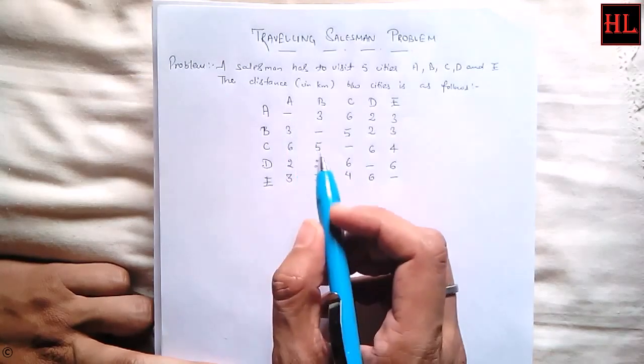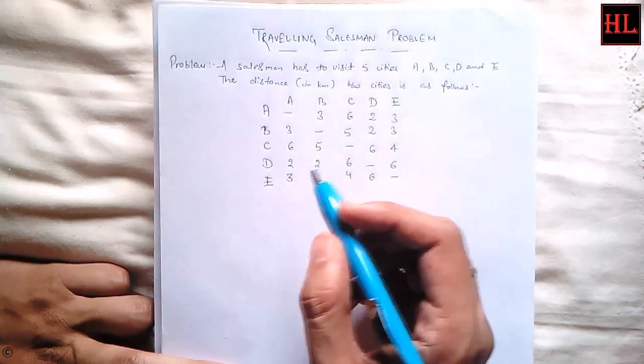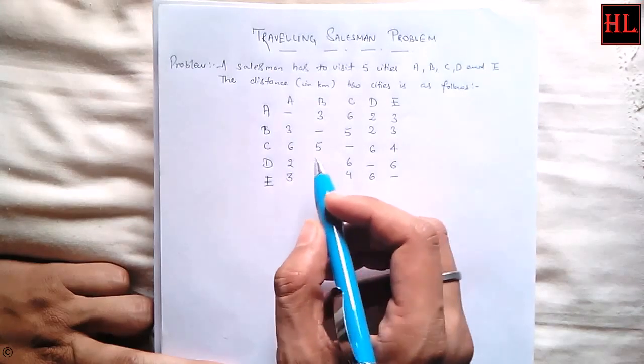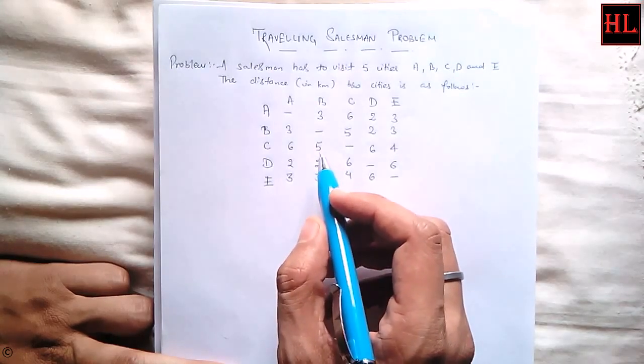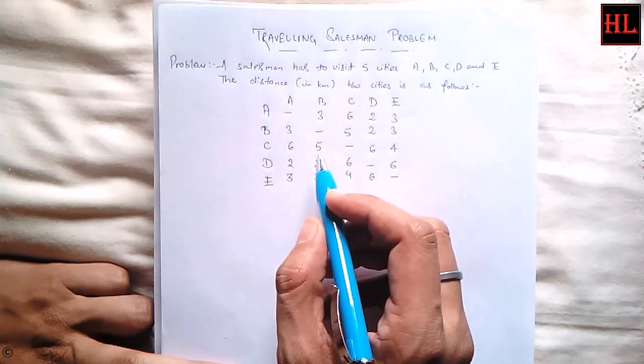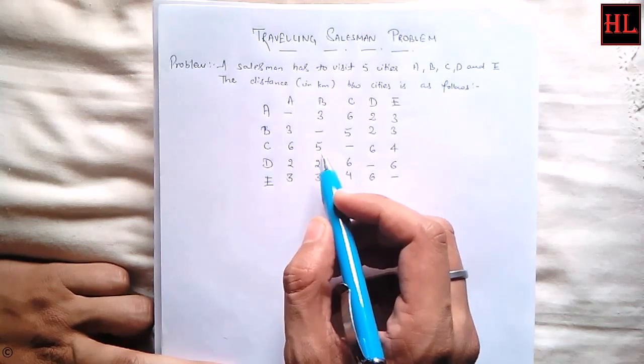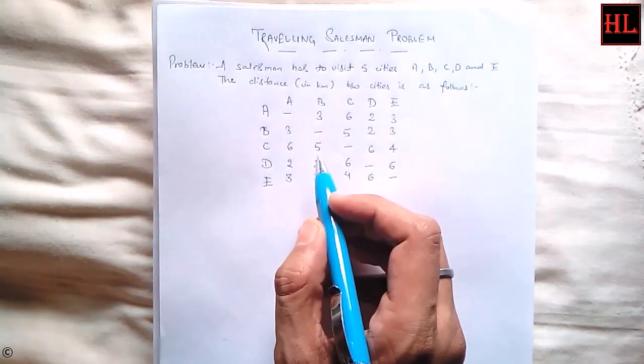So the traveling salesman problem says that we have to select such a route for the salesman that the salesman starts from his home city, city A, and passes through each city once and only once, and returns to the home city in the shortest possible distance. So now